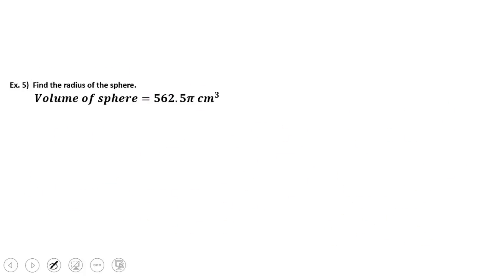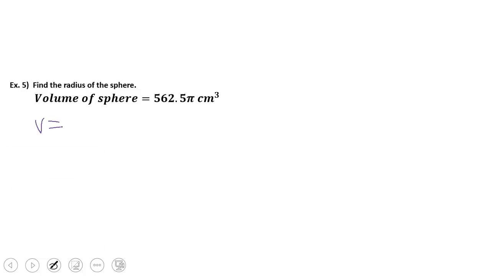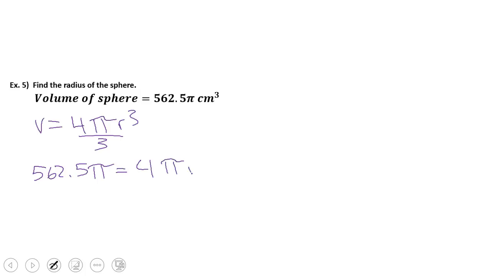Okay, so let's do this a couple more times. Find the radius of a sphere with volume 562.5 pi centimeters cubed. So we're going to take our volume is equal to 4 times pi times the radius cubed divided by 3. And we're going to plug in 562.5 pi is now equal to 4 times pi times the radius cubed divided by 3. And of course, we are going to multiply both sides of the equation by 3. And when we multiply 562.5 times 3, we get